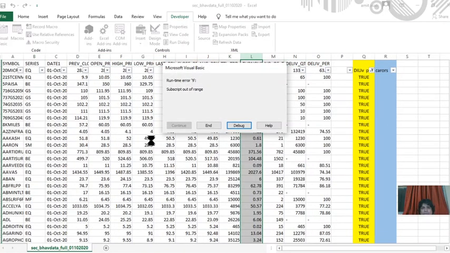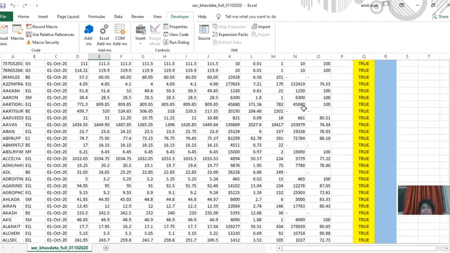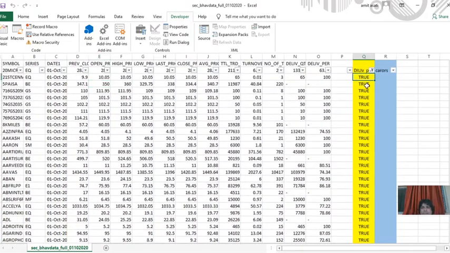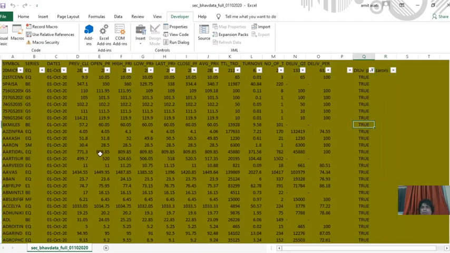Oh, script out of range, what is showing? Crores is not coming. It is recorded, but delivery percentage works and after that sorting is not going. Again macro, run. This macro is working.